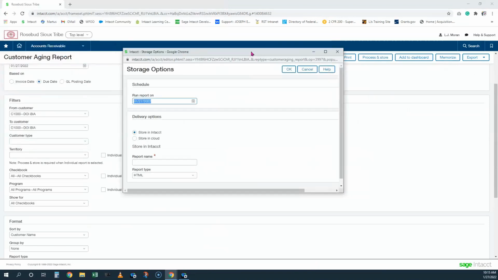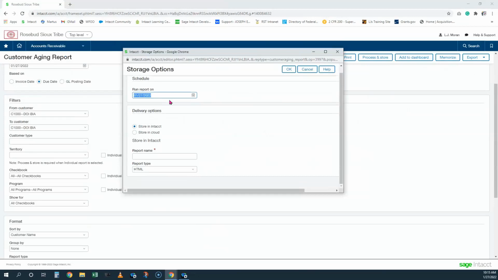They run pretty quickly, so you don't need to run it offline. But one of the things you get by processing and storing is this run report on. So if you wanted to have this report, and I chose February 1st, it's going to store in Intacct, and I give this a name. And then the format I want it to be in. So if I choose PDF and click OK,